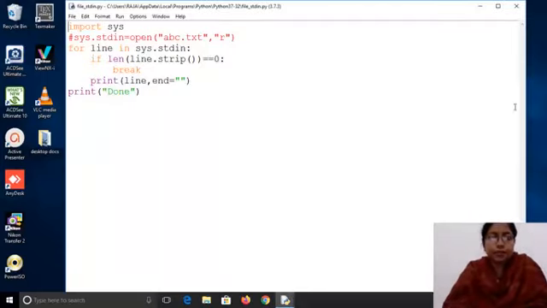Let's see this program. In this program, we have used the stdin file object. I have imported the sys module because the stdin, stdout, and stderr file objects are defined in the sys module. Here the standard input is by default the console.